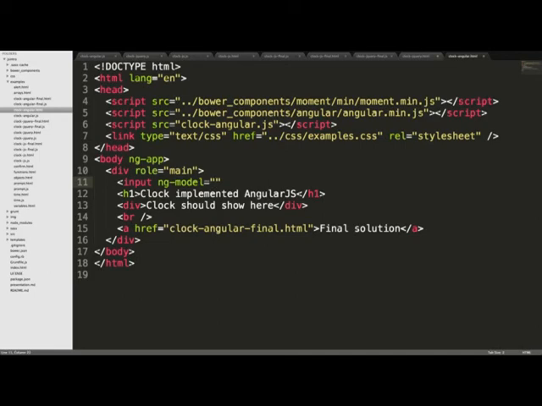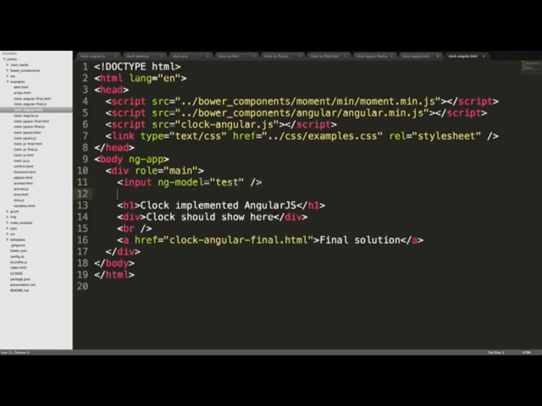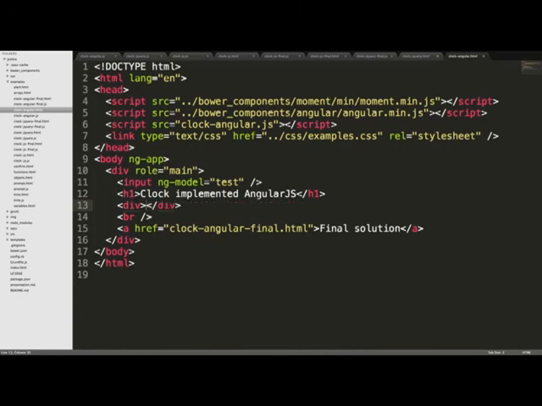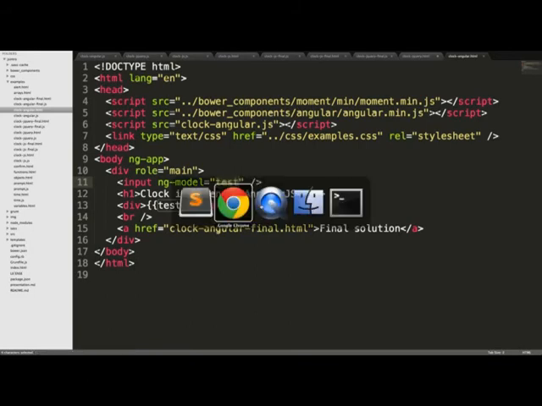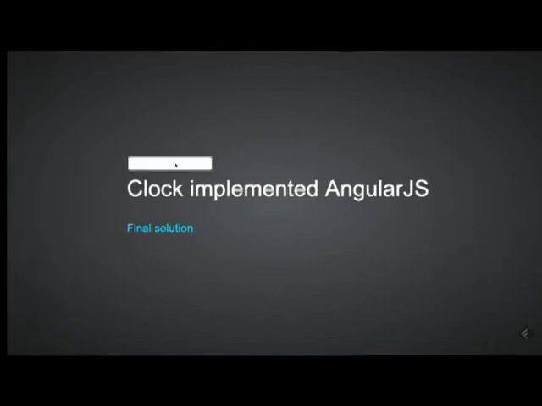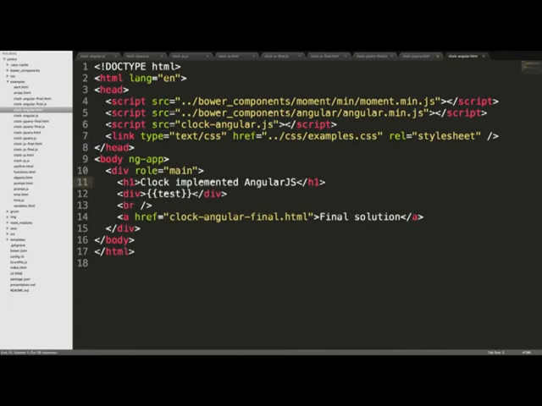So I will say test, and we can show that, and the way you then output that is with curly brackets and the name of that model variable. So if I now refresh this, I can write stuff, and it updates at once. And this is very, very handy in many cases. But we don't want to take input from the user. We want to output something that we tell it to output,